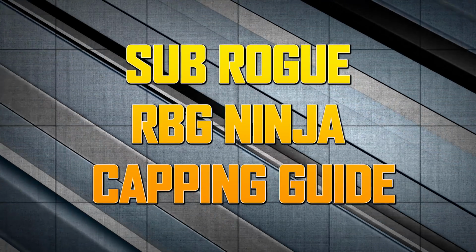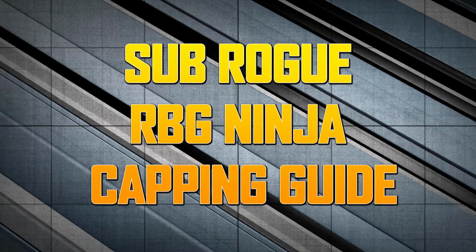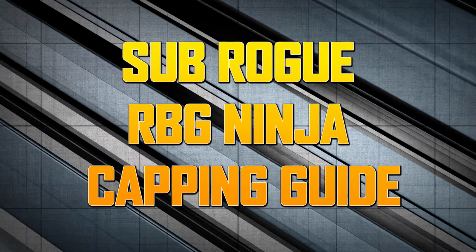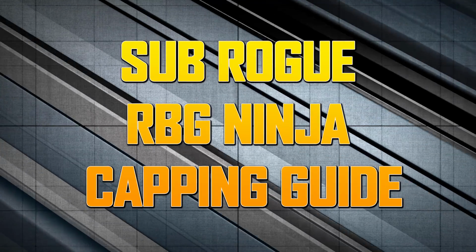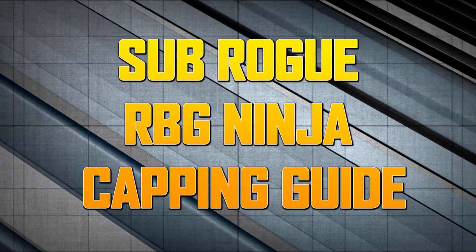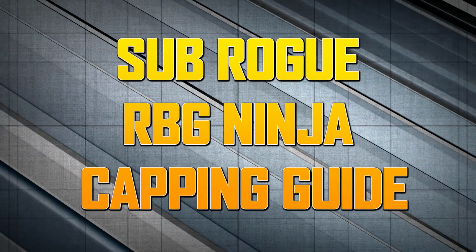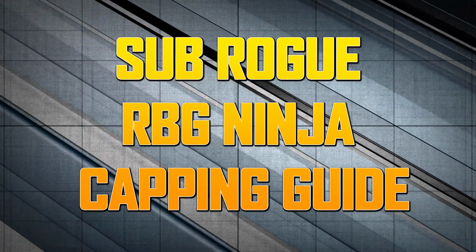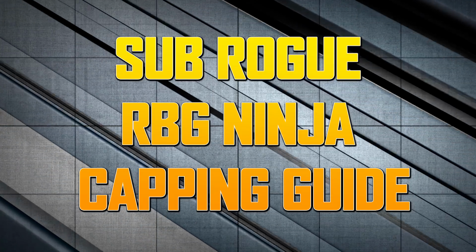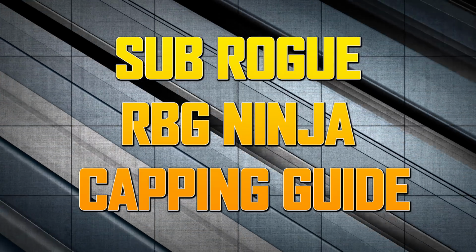What's up guys and gals, Tosan here with a Subtlety Rogue RBG Ninja Capping Guide. A rogue can perform a few different jobs in RBGs, but ninja capping is one of the best ways to carry your team to victory. Sometimes you're in a group that just can't win team fights if their life depended on it, so it's up to you to take a base so they don't have to actually win a team fight. So I'm going to show you some tips and tricks to do this, and hopefully help you become a master